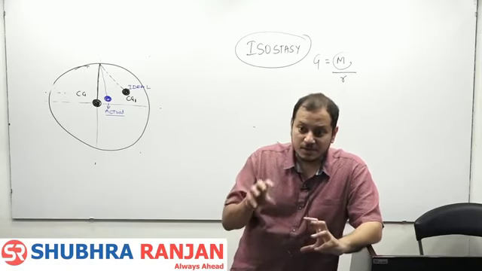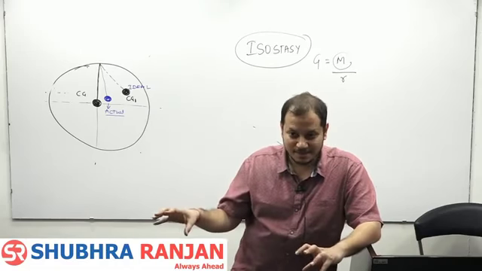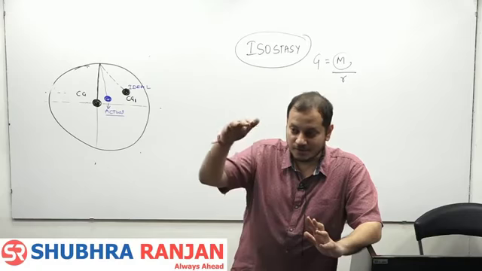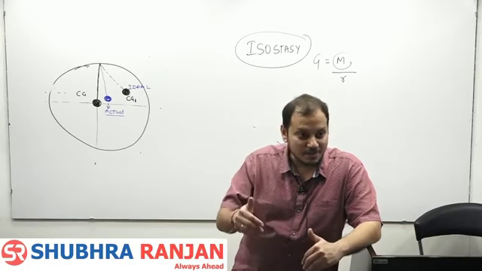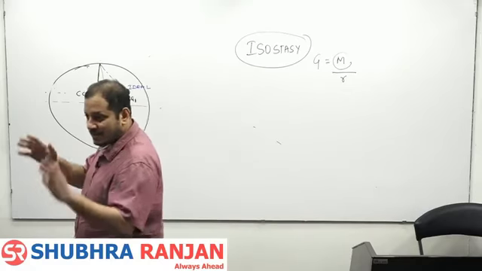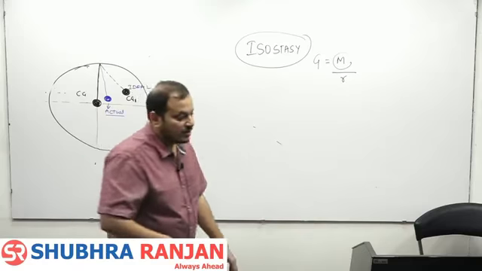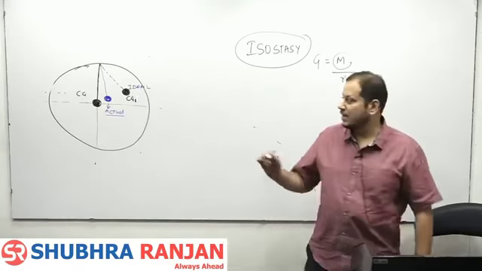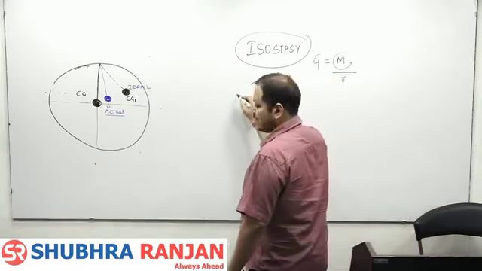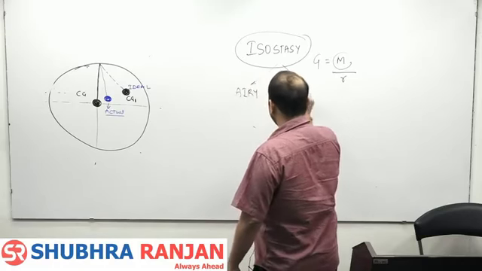So the conclusion is that Sial is lighter than Sima, and the lightest rocks float on the Sima. So the higher the mountain, the more it is made up of lighter rocks, and this is the concept of isostasy. We are going to study how the lighter rocks behave in two parts: the concept of Sir Airy and the concept of Sir Pratt.